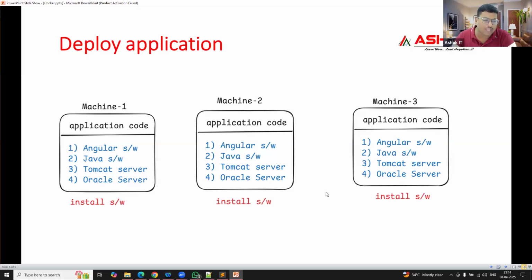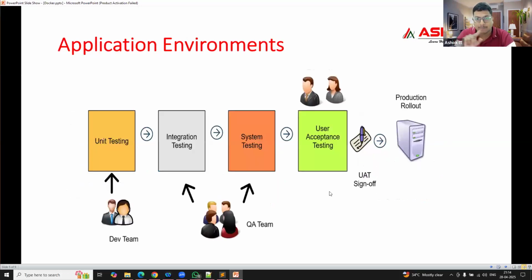And in order to deploy the project in real time, there are multiple environments: dev environment, SIT, UAT, pilot, production. Developers will use the dev environment for testing. The testing team will do system integration testing in the SIT. The client will do acceptance testing in the UAT. Then finally, our project will go to production for delivery. As we are going with multiple environments, in every environment we need to set up our application for testing. It takes a lot of time.